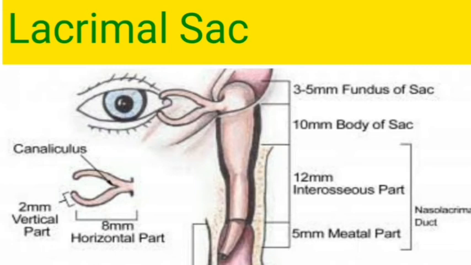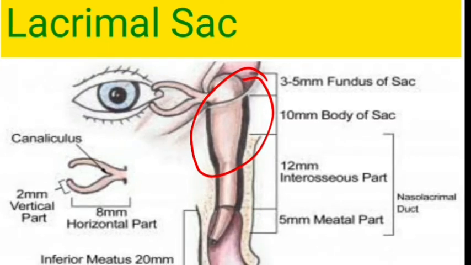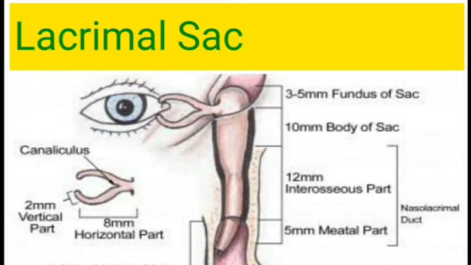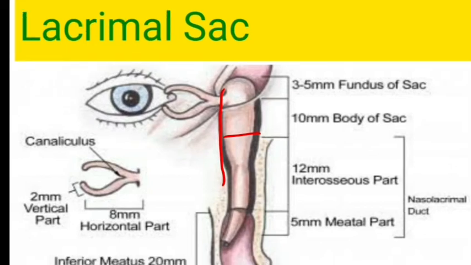Next, coming to the important structure, that is the lacrimal sac. In the lacrimal sac, what you should know are the dimensions of the lacrimal sac, where exactly it is situated, that is the lacrimal fossa, the bones forming the lacrimal fossa, and the insertion of the orbicularis oculi muscle to the lacrimal sac. When it is distended, vertically it is around 10 to 12 millimeters and horizontally around 5 to 6 millimeters, and the capacity of the lacrimal sac is around 2 cc.